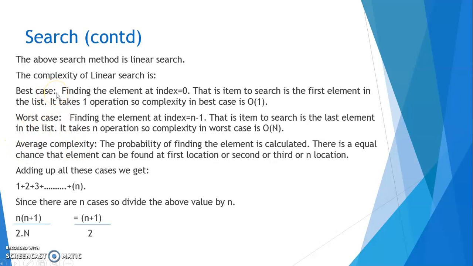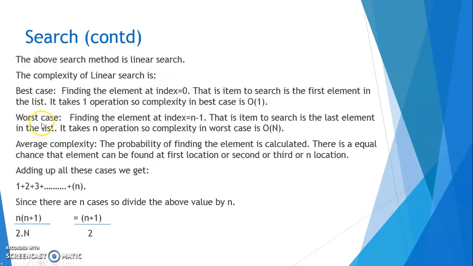Best case means that whatever item we were looking for is at the first place in the array, and we didn't have to look in the remaining array, and we found the element at the first place. That is the best search case that can happen. But it will not happen always. In some cases, it will be the best case. It depends on the item that we are looking for and the contents of the list.